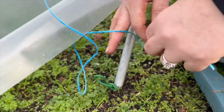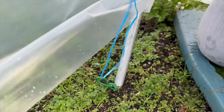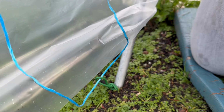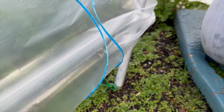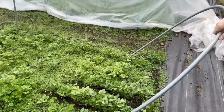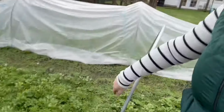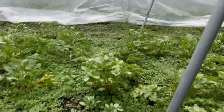So what I did was I took some of what we had on hand, which is this coated wire. It's for soft ties on plants, and I just used that. Once those were all set up and ready, and the rebar was in the ground, basically we just slid these hoops on. It sounds easier than it was, but they really just sit on top